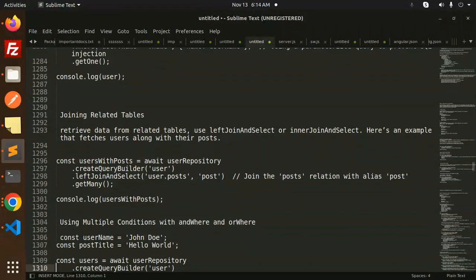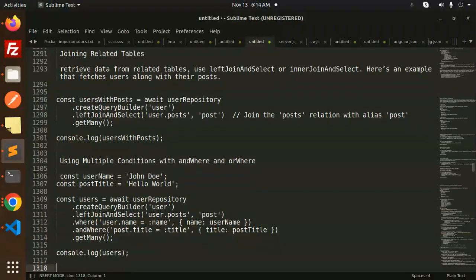Now, using multiple conditions with andWhere or orWhere. So multiple conditions we can add. The where condition we have already checked, right, where user.name is equal to username. And to add multiple conditions, we need to add the andWhere condition, where post.title is equal to postTitle. Okay, so let's copy and check this one,